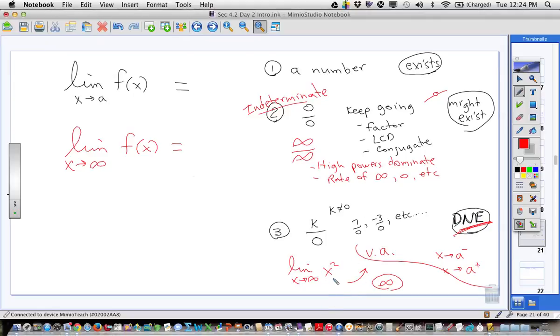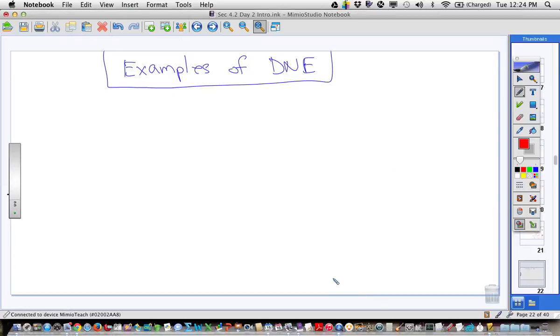Well, matter of fact, why don't we write this down? How about we do that? Let's just write down examples of limits that do not exist. Now today in the homework there's going to be some graphs too, so on the quiz there might be some graphs. I think those are easier, quite honestly. If you have a graph, I think limits are easy to do. So give me some examples. Let's write down the different examples we can think of of a limit that would not exist, both graphically or